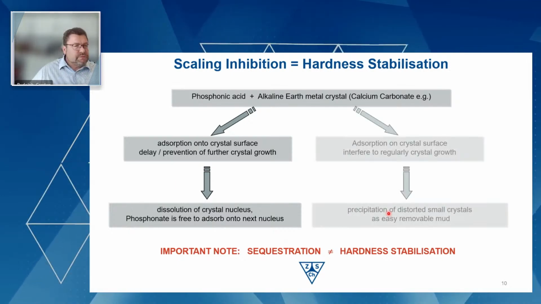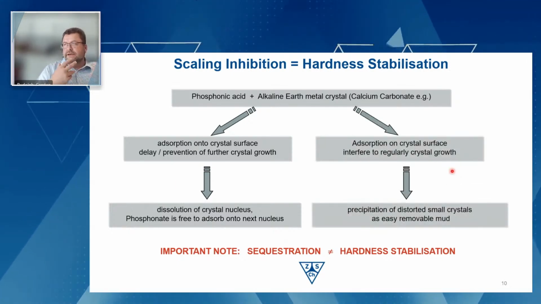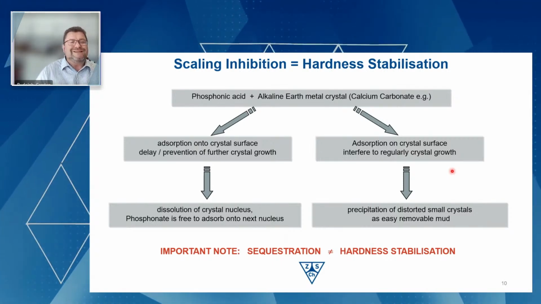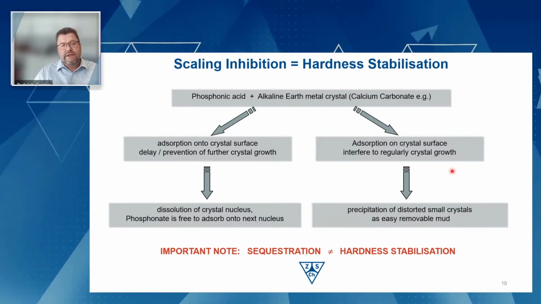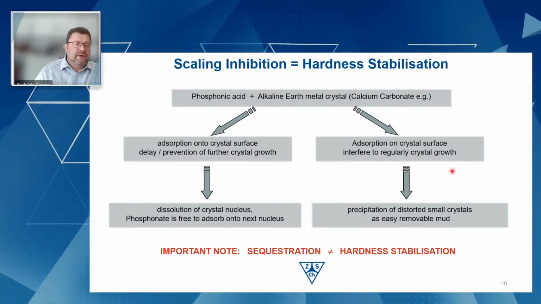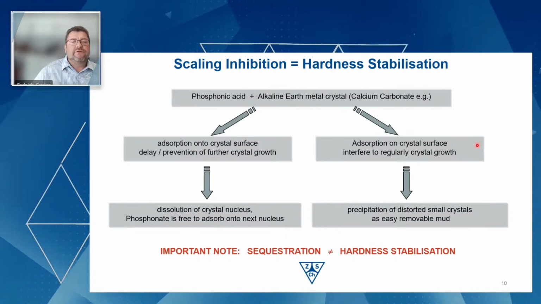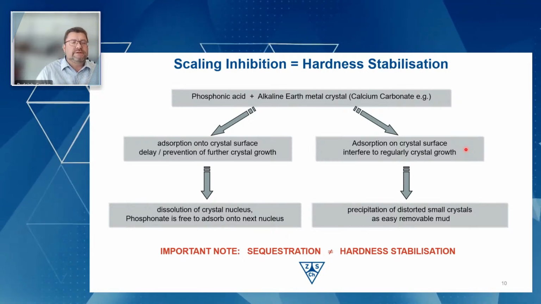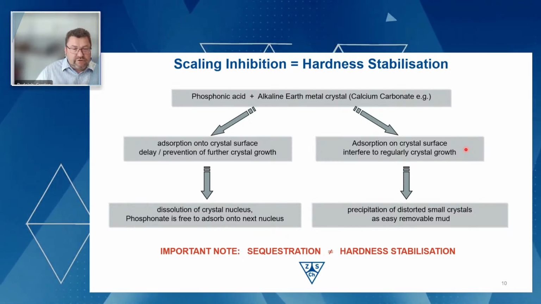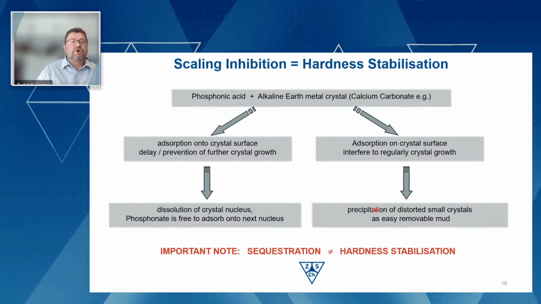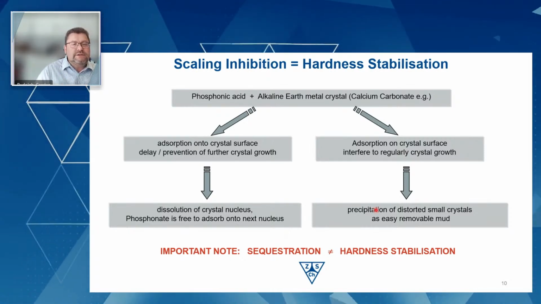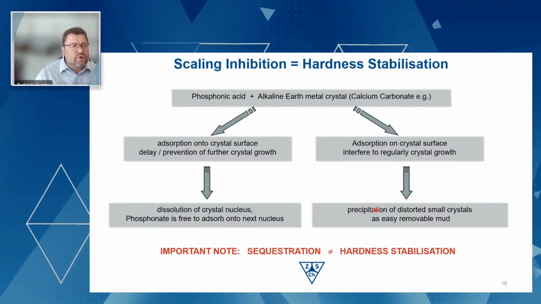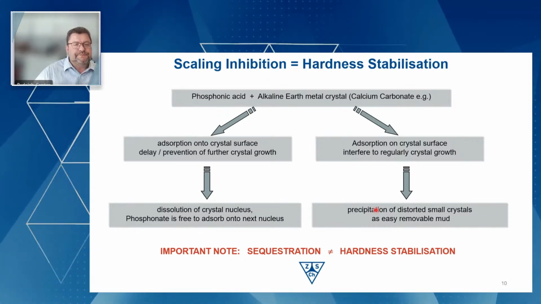So, of course, it is to understand that even if we treat this nucleus or with clusters, there are always crystals which will come to the adult stage. And in this case, we have an adsorption on the regular crystal surface and an interference with the crystal growth. As a result, we have a precipitation of distorted, small crystals, which can be easily removed in the mud,